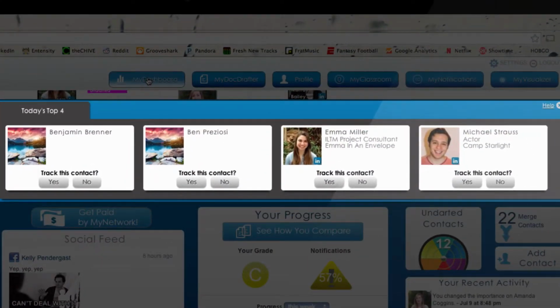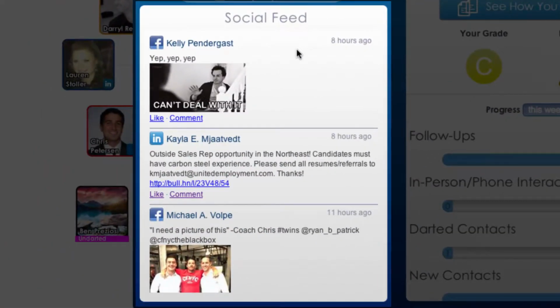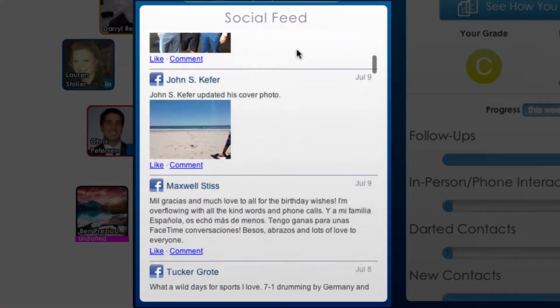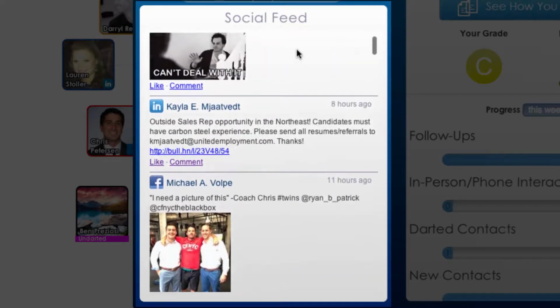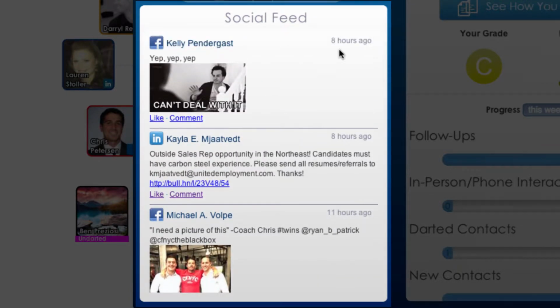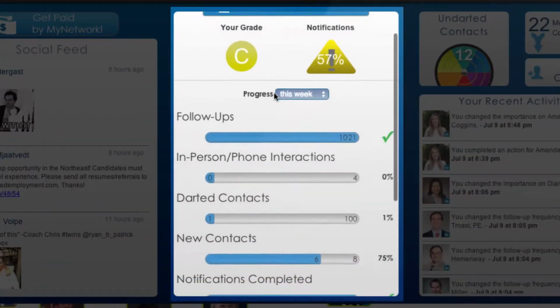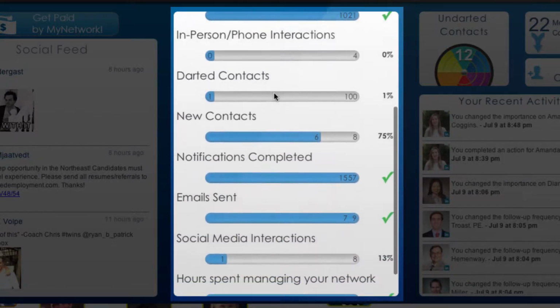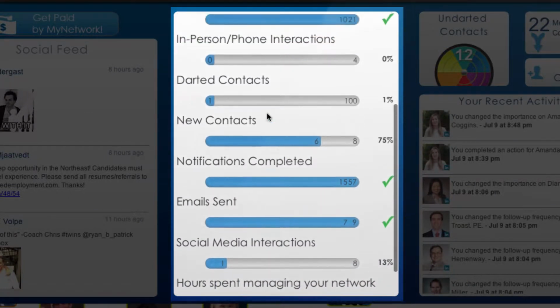New contacts are shown in today's top 4 where they can easily be categorized. Remember, only track contacts show up in the visualizer. A social feed combines posts from LinkedIn, Twitter, and Facebook, but only for the track contacts in MyNetwork. The progress section helps students understand how effectively they are using MyNetwork and how well they are reaching their goals